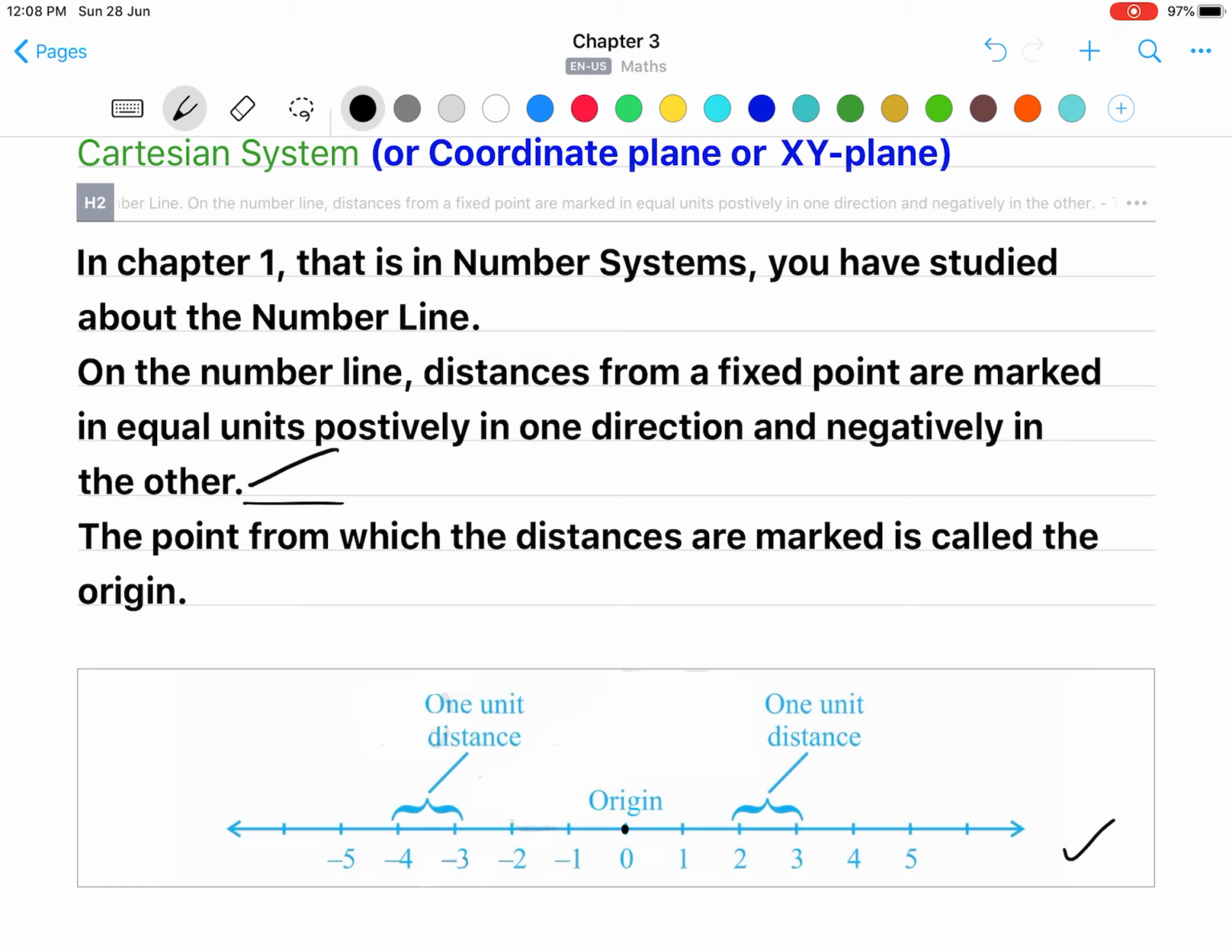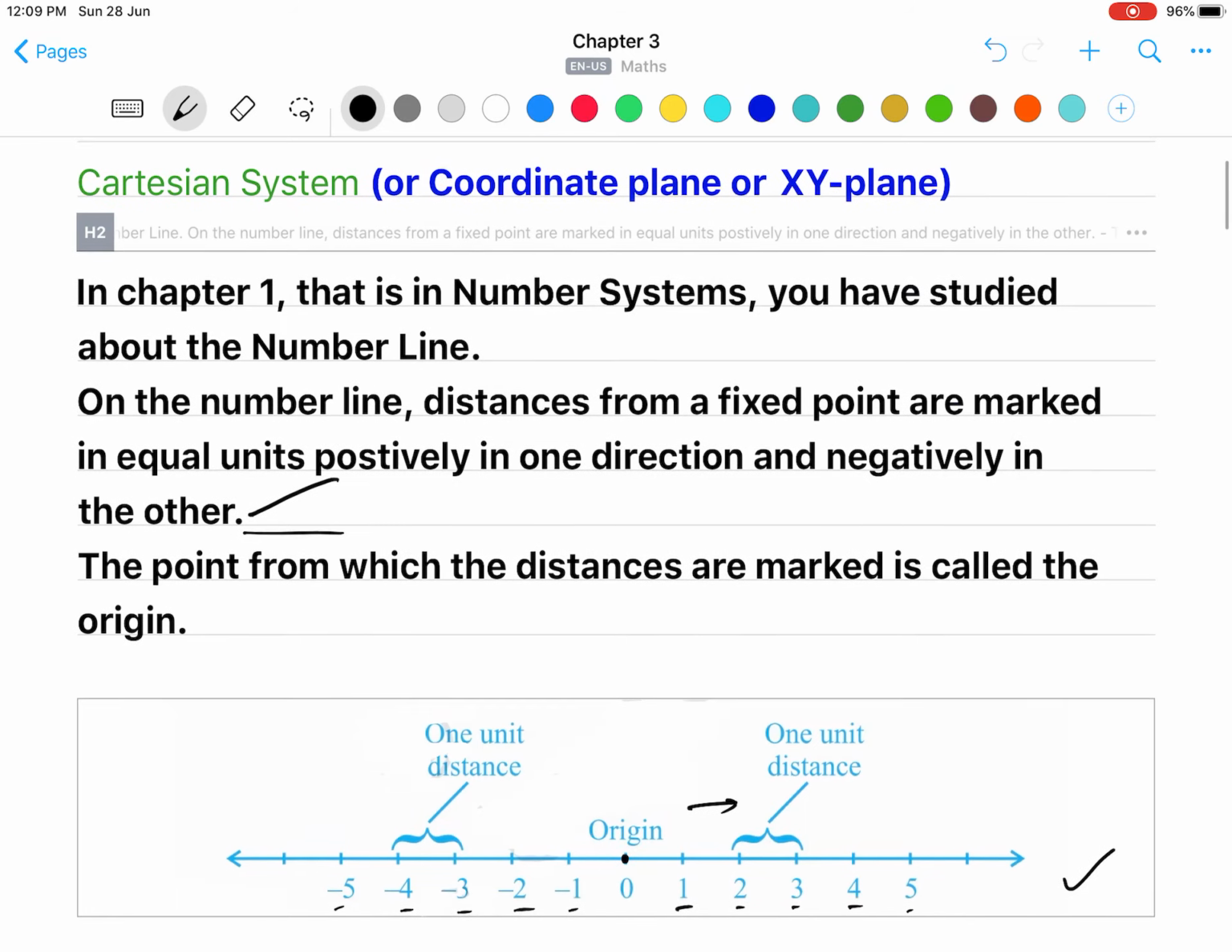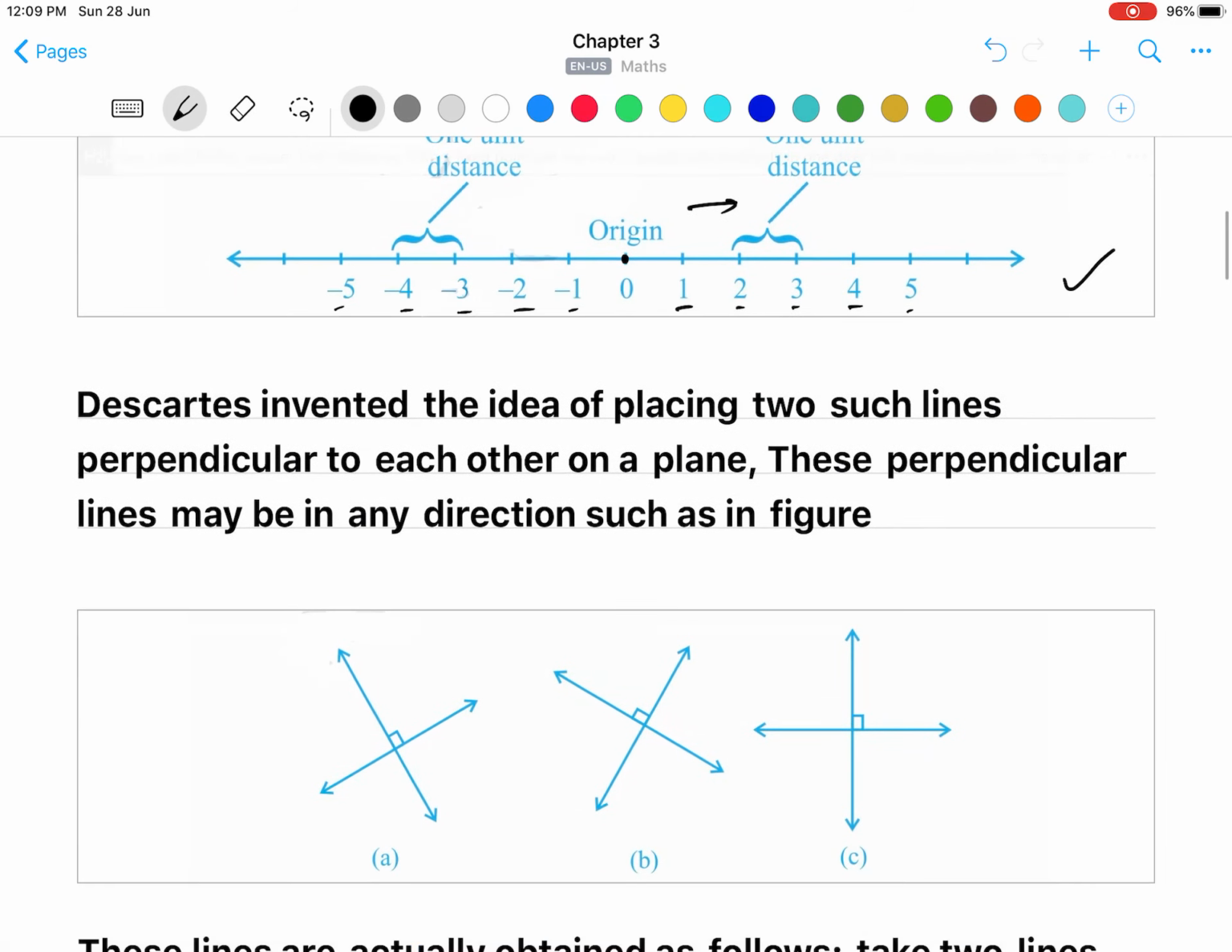On the right hand side we have the positive numbers, which are +1, +2, +3, +4, +5 and so on, and on the left hand side we have negative numbers, which are -1, -2, -3, -4 and -5. This is what you have already studied in chapter number 1, number system. So this is a general representation of a number line. What René Descartes did is,